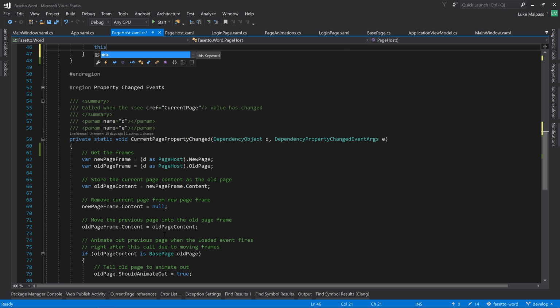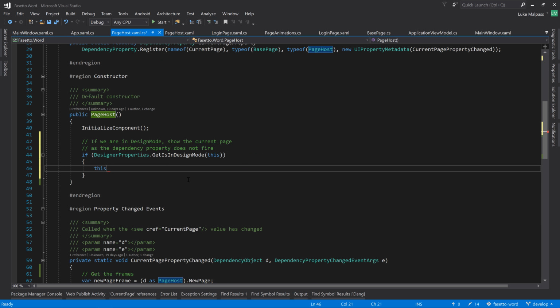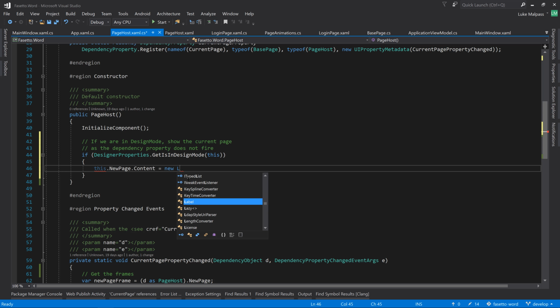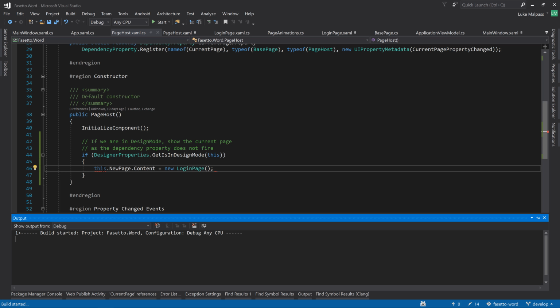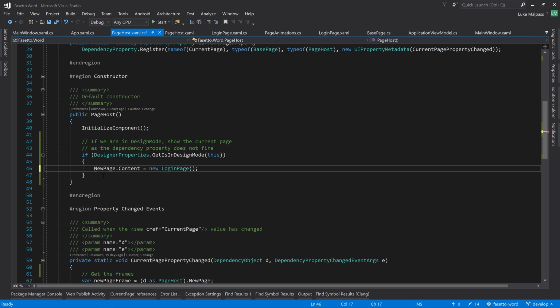So in fact we want to probably do this on potentially when it's loaded, but let's try here, and for now let's just do is new login page just to check this is working, and build. We don't need this, and there we go, we can see the login page. So now we'd say, instead of it being the login page, we want it to be the application page value converter, or in this case a new instance of one, and dot convert, and we're going to get back a base page. So cast that to base page,